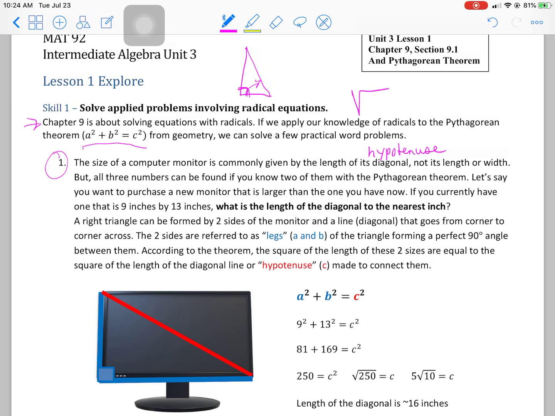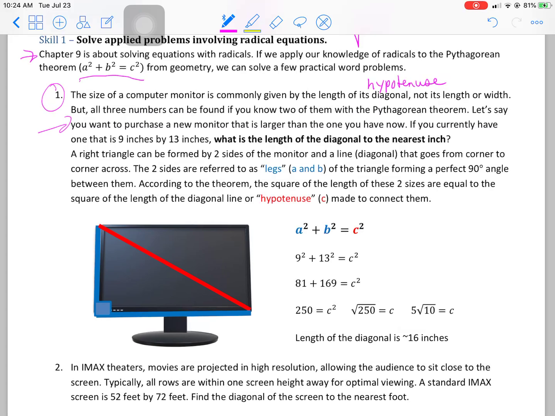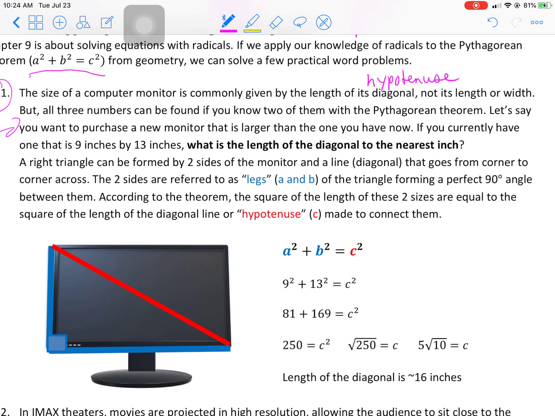So if you know your length and width, you can find the diagonal. So let's say you want to purchase a monitor that is larger than the one you have now. You currently have one that is 9 by 3. What is the diagonal to the nearest inch? That's our question. So the right triangle can be formed by the 2 sides of the monitor. So these are the sides. So this is a side, and this is a side. All right. And then the diagonal